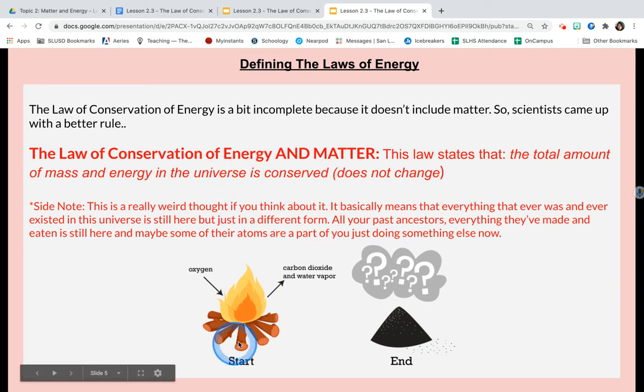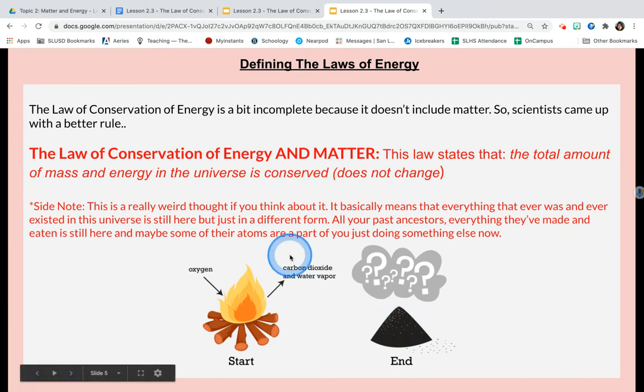So this means that if I take firewood and I'm burning all of the firewood, then afterwards, the ash that I have left should be the same mass as the firewood. And you might think, wait, Ms. Kwan, that's not true. If I take firewood and burn it all, it's going to be a lot lighter than it was before. Where did all that matter go?